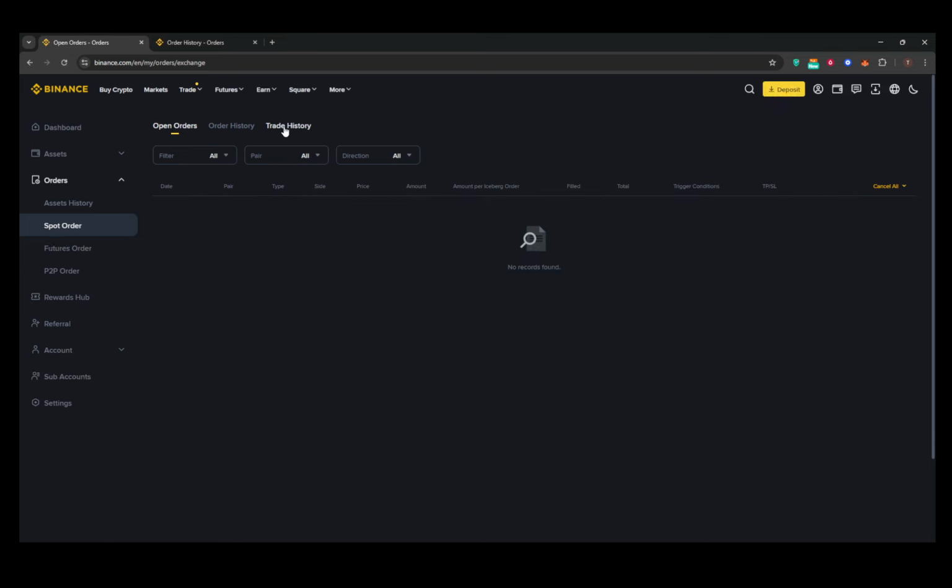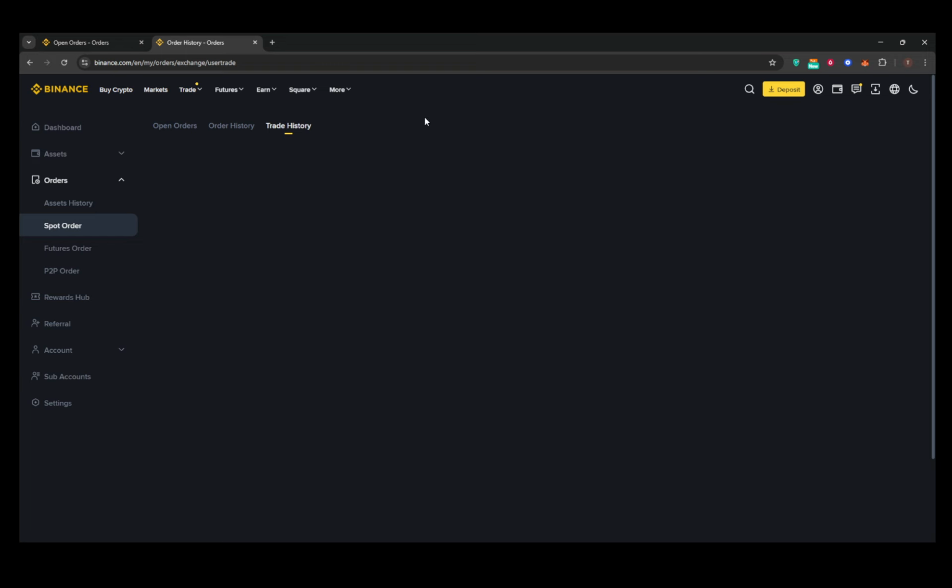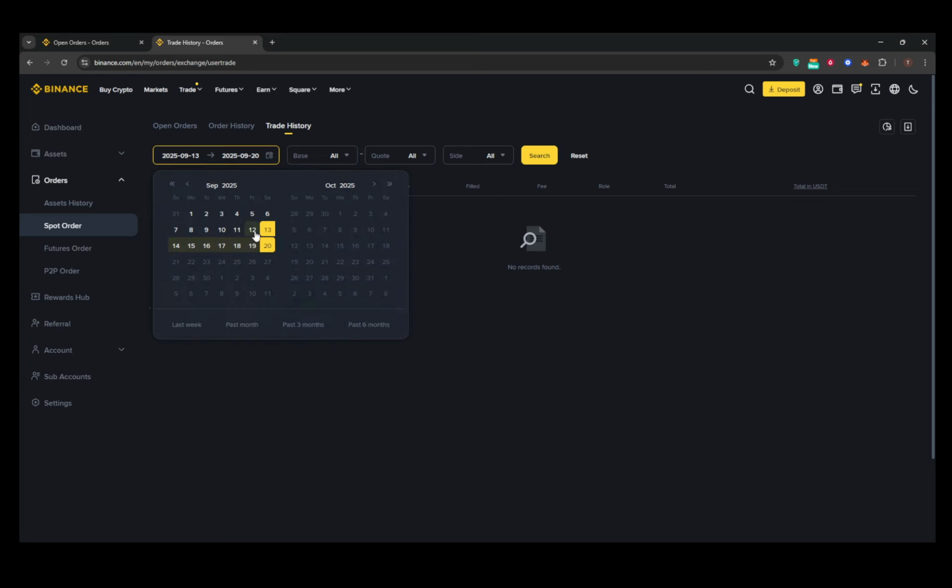To find specific transactions, you can make use of the calendar filters. These allow you to narrow down your trade history by selecting a date range of your choice. It's a handy feature when you're trying to track transactions from a particular period. By adjusting these filters, you can efficiently sort through your history, zooming in on the trades that matter most to